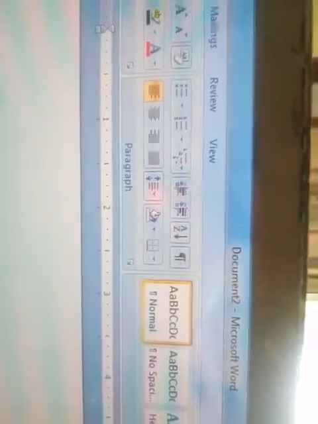MS Word document. Then this is the cursor where you can start the typing. This is what you can start the typing from here. Okay, this is what the MS Word is open now. Then after that MS Word will show a blank space, then you can write and save your document also. Okay, then you know how to save the file. You have to go here and save, give a name here and click here save. That is you can save the document file.